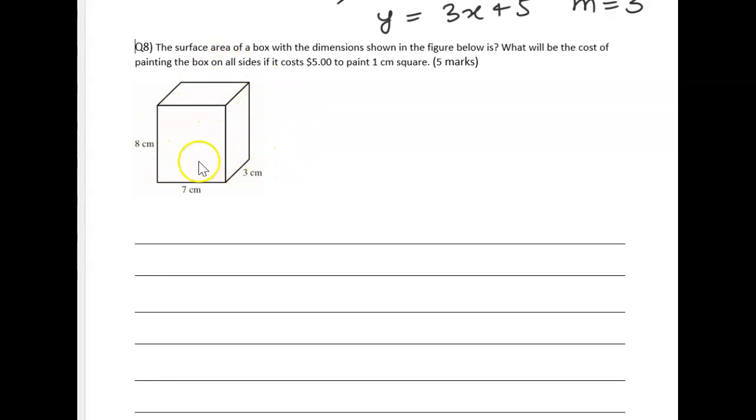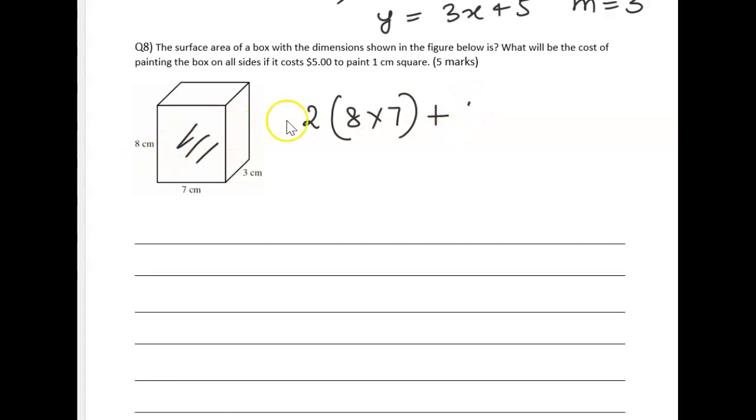Do understand this is a cuboid, so it's got 6 faces, isn't it? And the opposite faces are equal, as in same, right? So I have 2 of the faces which are like this one, 2 of these opposite to each other. So I'll say 2 times 8 times 7. 8 times 7 is the area, length times width, right? And I have 2 of them, so I can go 2 times 8 times 7